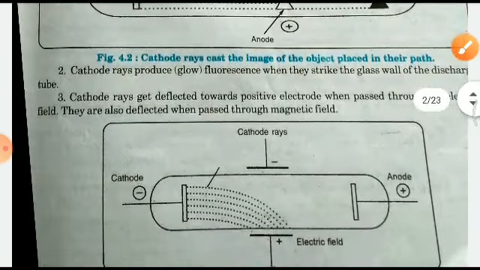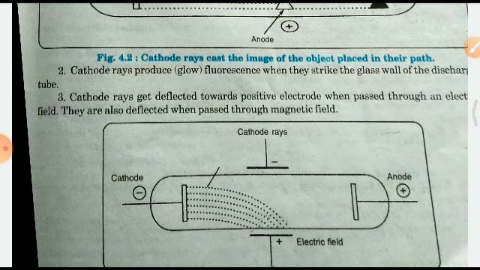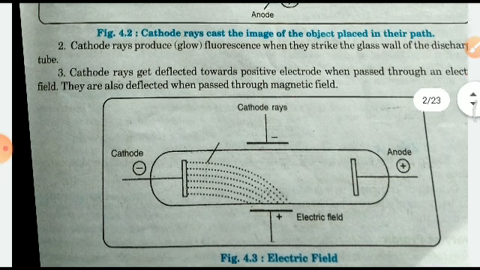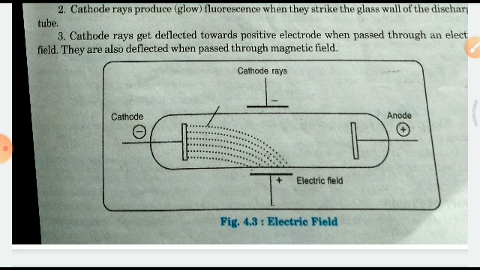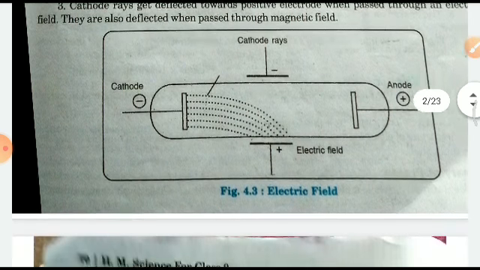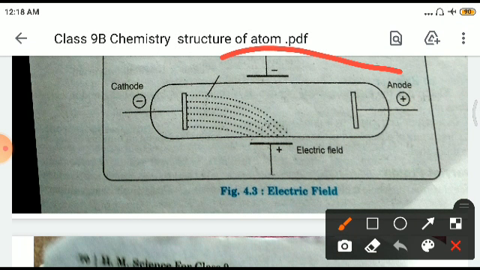Right? Cathode rays produce a glow, fluorescence, when they strike the glass wall of the discharge tube. Cathode rays get deflected towards the positive electrode when passed through an electric field. They are also deflected when they pass through a magnetic field. In this diagram, you can very aptly and clearly see that these cathode rays are deflected, right? You can see here towards the positive electric field, which clearly tells that these rays are negatively charged particles because opposite charges attract each other,